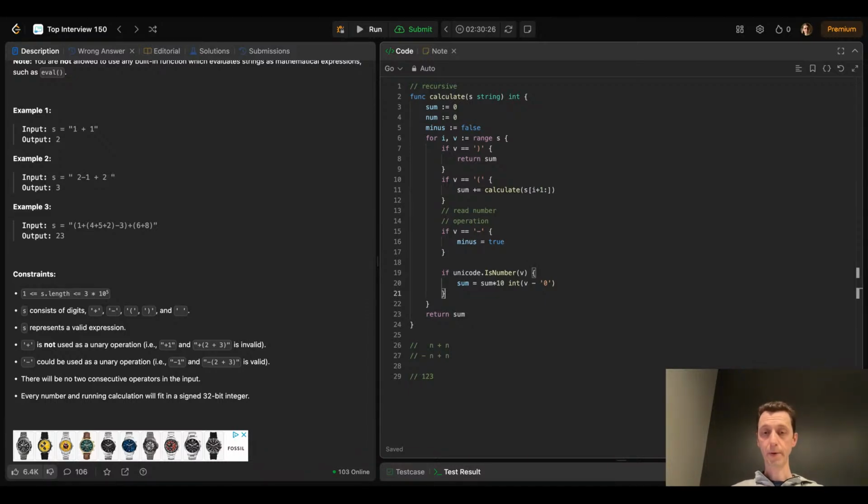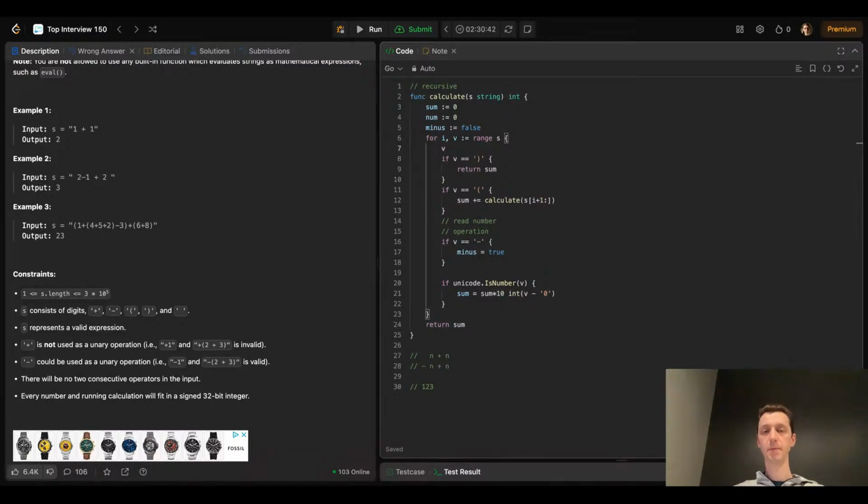Then we build our number. And then our number at some point. Yeah, there's also another case, which is v